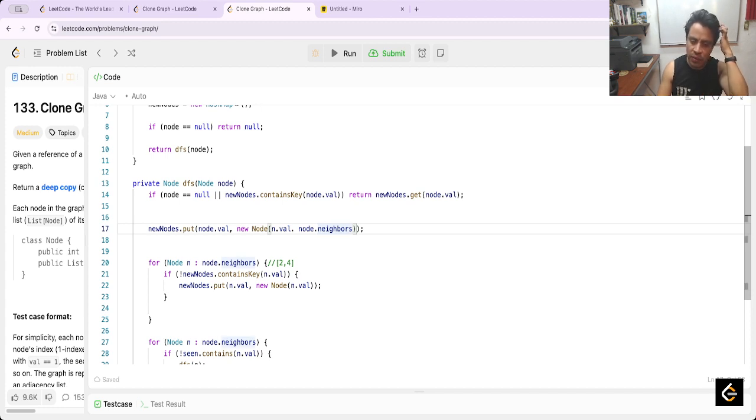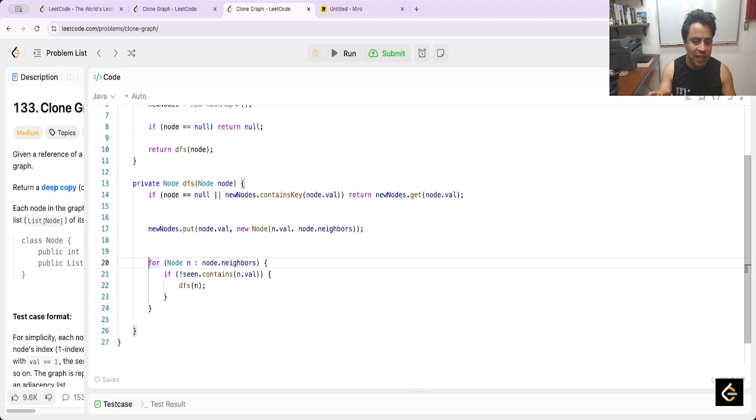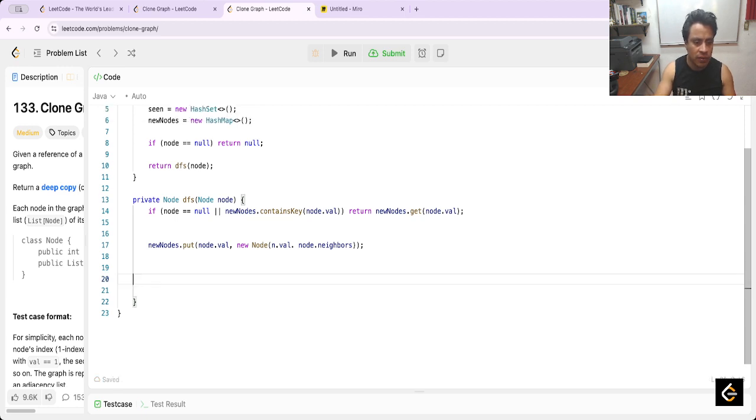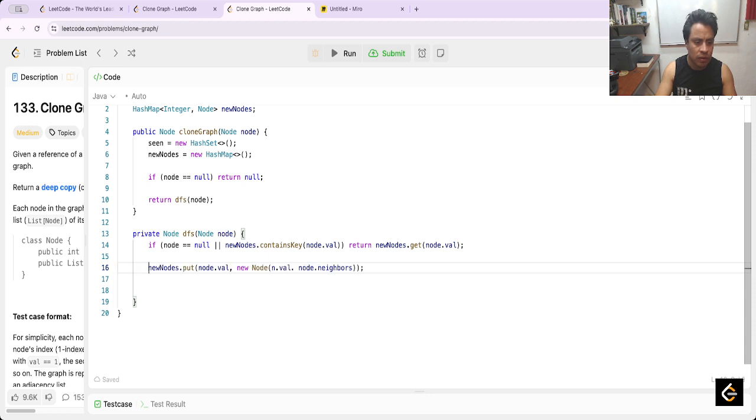But for the neighbors, we should replace every neighbor of this value. newNodes.put(node.val, new node, val, and the neighbors). And we should, for each of these neighbors,